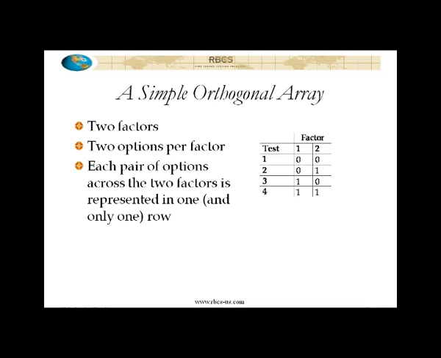Okay. Well, I've been dying of suspense. What's an orthogonal array? And here it is, an orthogonal array. Okay, now, an orthogonal array is a mathematical construct that has the property that every pair of options across every possible pair of factors